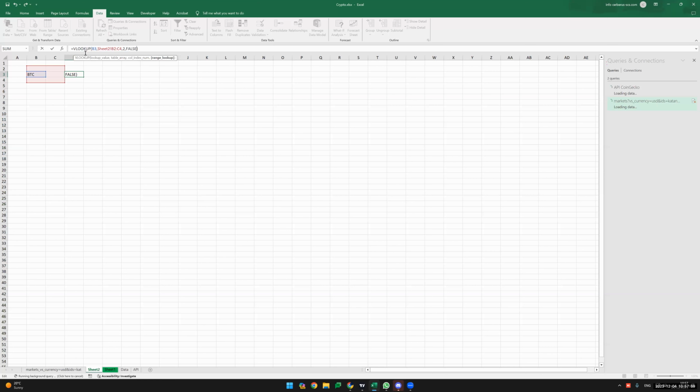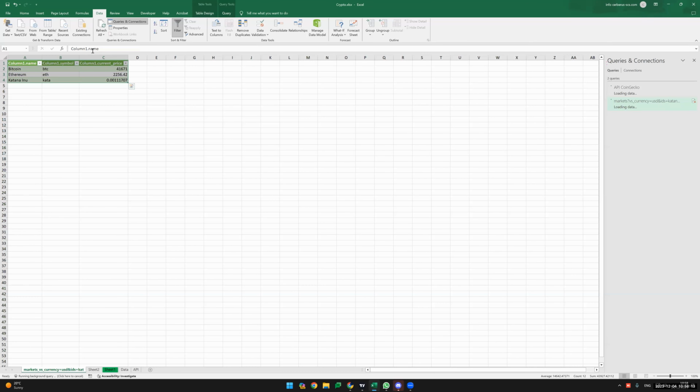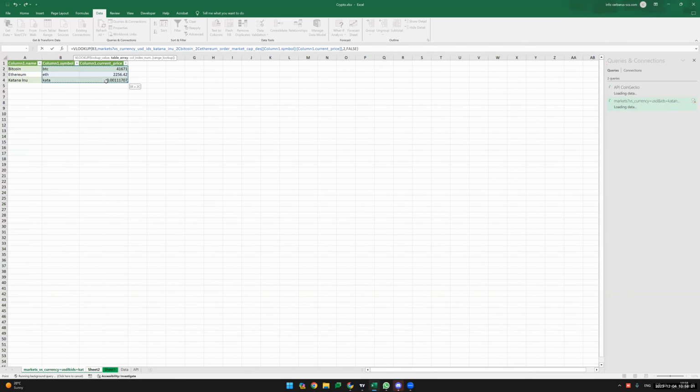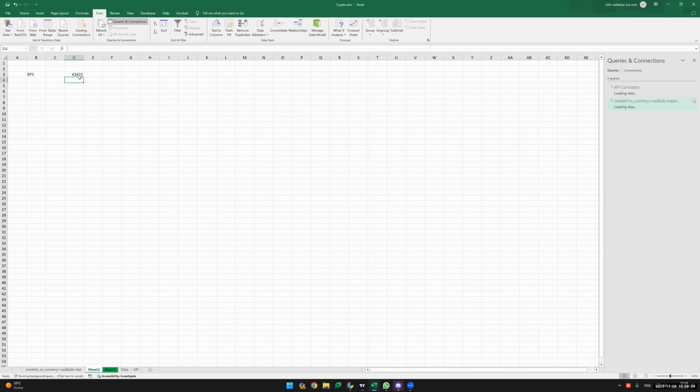So the first argument is from where to read. It needs to read from the names that you put down, Bitcoin. The second argument is to point it where to look. And you say, listen, that's where I need to look at it, right? Let's make sure that it's looking on the correct sheet, right? This is the argument, right? So I press enter, and now it's telling me that Bitcoin now is on